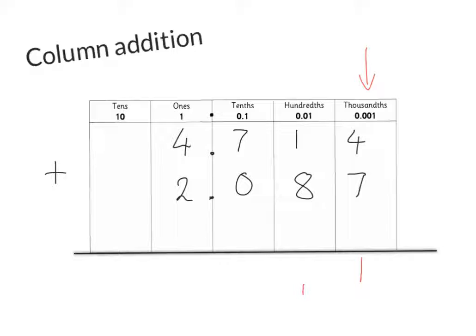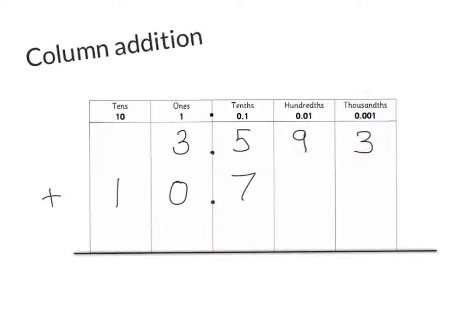1 hundredth add 8 hundredths, so that's 1 add 8 is 9. Add 1 here, don't forget to add the one that you've carried, is 10. So I'm going to put my 0 here, carry my 1. 7 add 0 is 7, add the 1, 8. Decimal points. 4 add 2, 6. So my answer, 4.714 add 2.087 equals